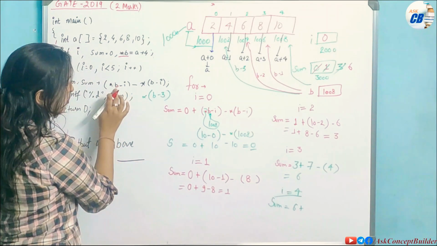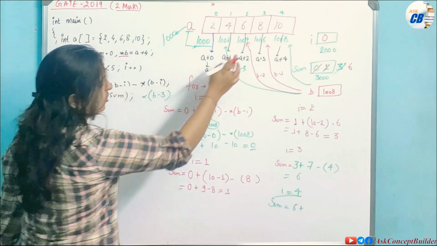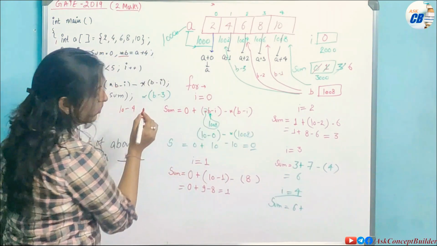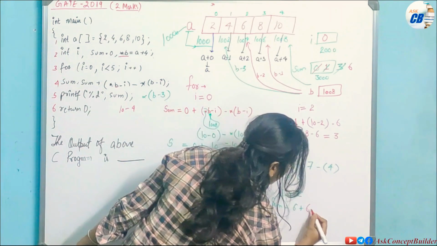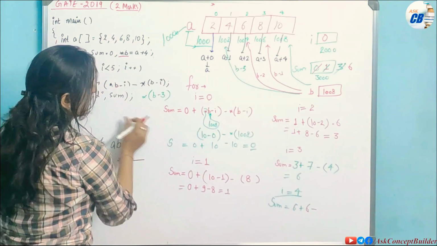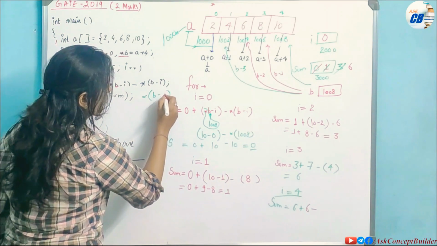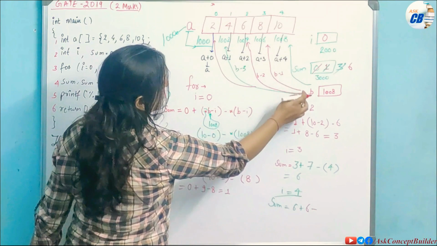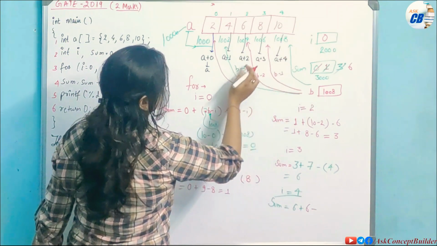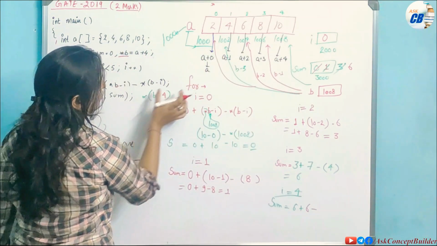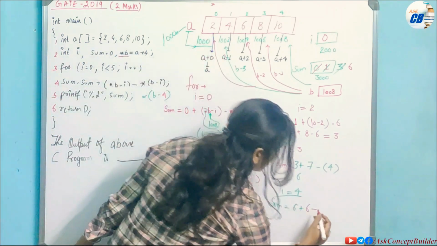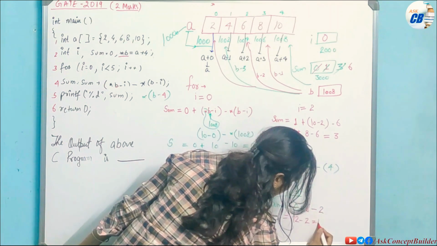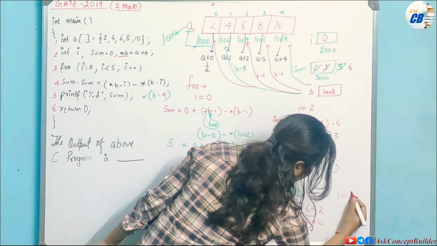So b is 1008 only, so the value at 1008 is 10 only, so 10 minus, now I has become 4, so 10 minus 4 is 6. So this is 6 minus, now again see here this has become b minus 4. This was b, 1008, b minus 1, now b minus 4 is this, and we have to find the value at b minus 4. The value at b minus 4 is 2, so this has become 2. So now 6 plus 6, 12 minus 2 is 10. Now again I will be incremented by one more, that is 5.